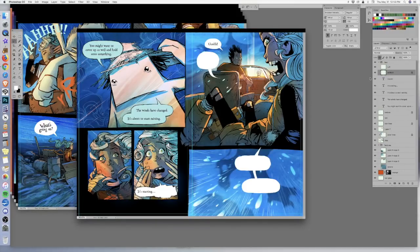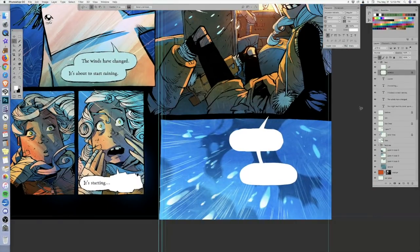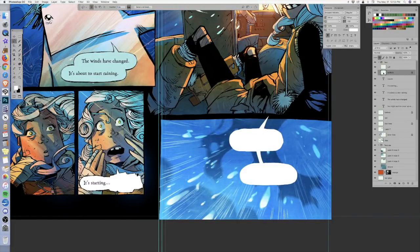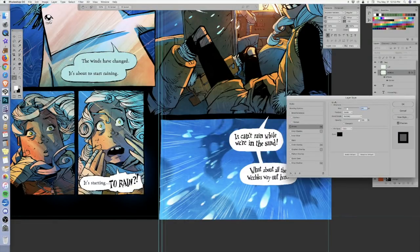Let me just go full screen with this. You can vaguely see them if I turn off everything else. And I'm going to double click on this, and I'm going to do a stroke and multiply color black on the inside, and then I increase the size of the stroke so that it fills in. So what you see happening is,